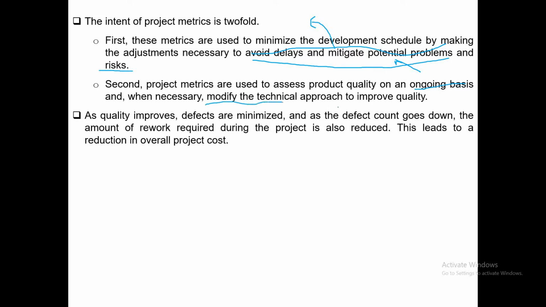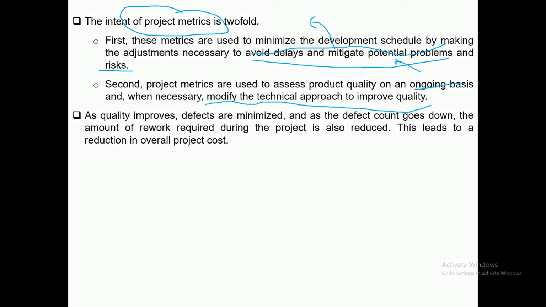And whenever you feel that the quality is not what the desired quality parameters say, they are not getting fulfilled. So based upon the insight provided by these project metrics, you can fine tune your quality parameters. You can fine tune your approach towards software development, towards team management, towards other allied activities which are involved in the development, so that you avoid delays and get the product delivered on time,